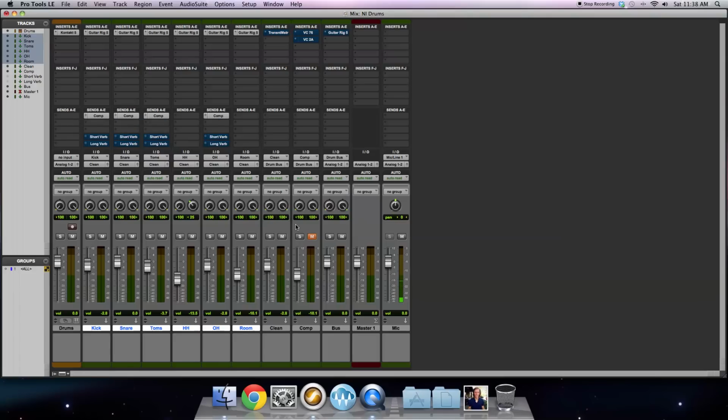All right, and let me show you the routing. Right now, I've muted the parallel compression. You're just going to hear the clean mix going through here. I've bypassed the effect I'm going to use here. And then on my bus, I also have another effect I've bypassed. So for these